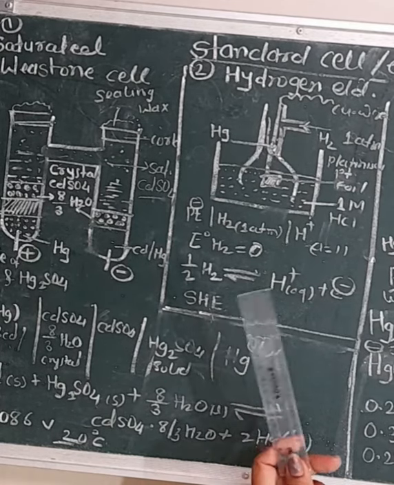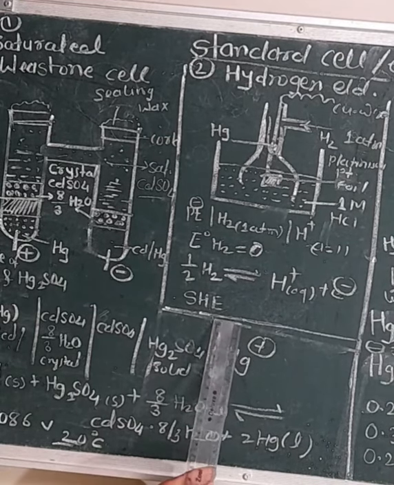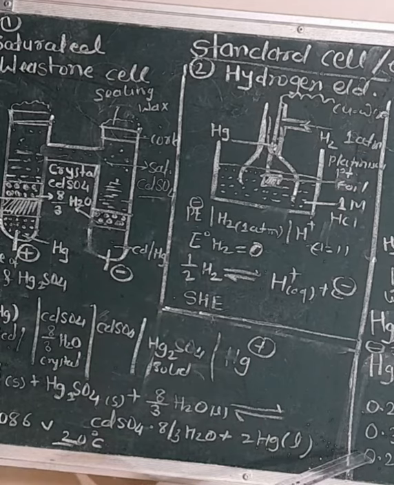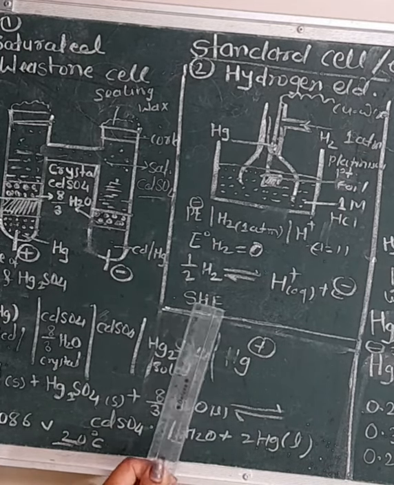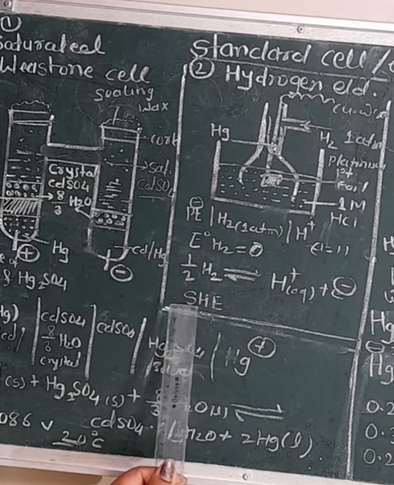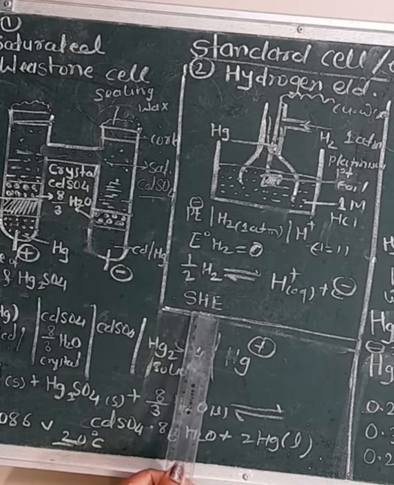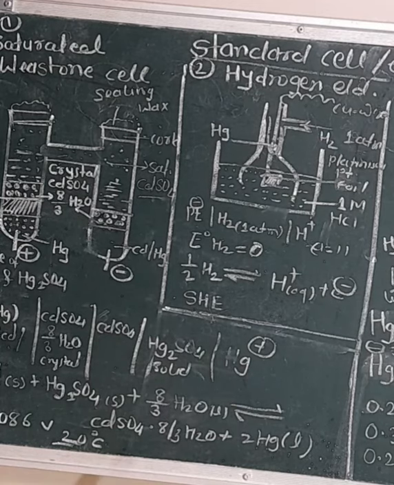And therefore friends, depending on the potential of the other electrode, the hydrogen electrode acts as anode or cathode. Therefore this electrode is also known as the primary standard electrode. In short, it is represented as SHE, standard hydrogen electrode. In this case, pure hydrogen gas under 1 atmospheric pressure is bubbled around a platinized platinum plate, which is immersed in the solution containing H plus ion at unit activity.